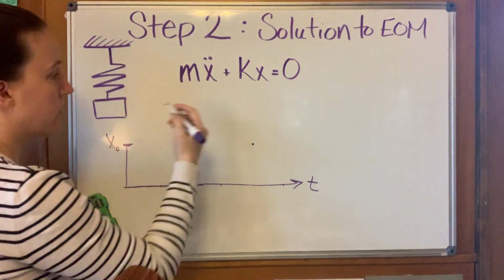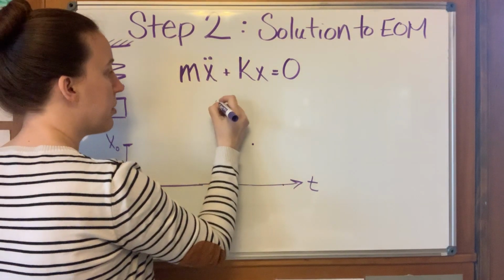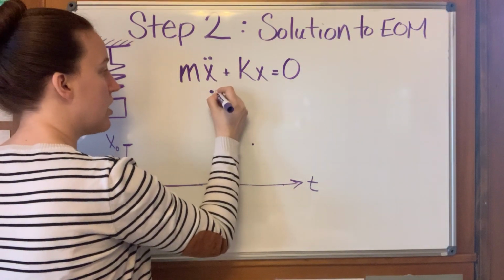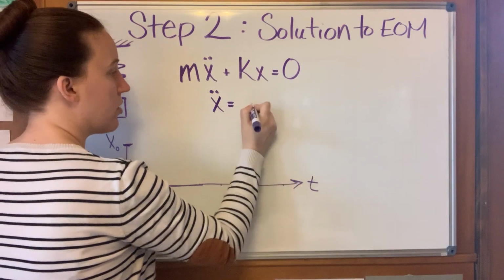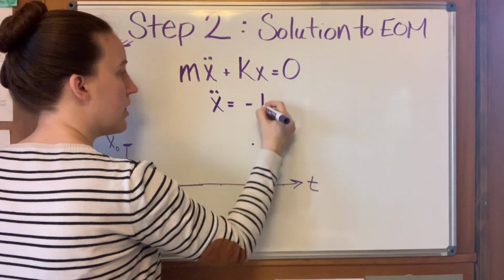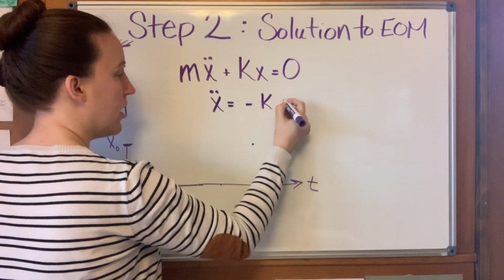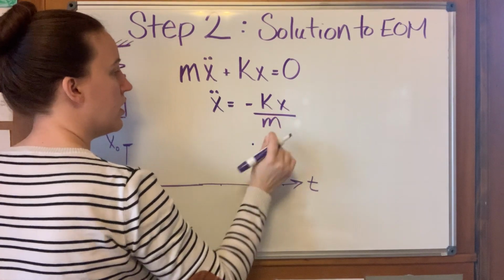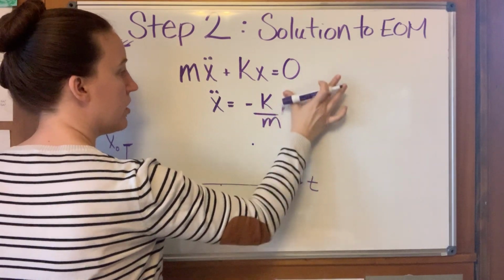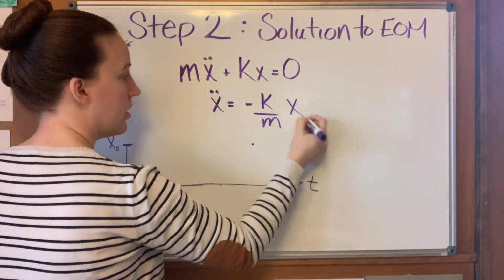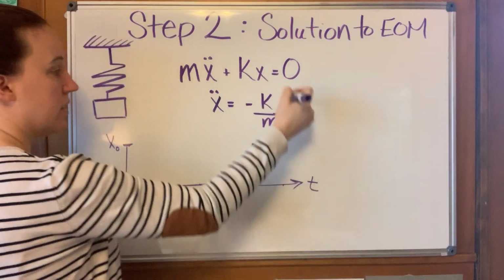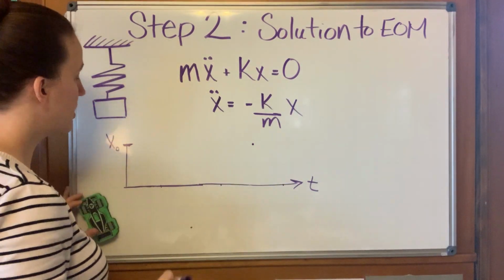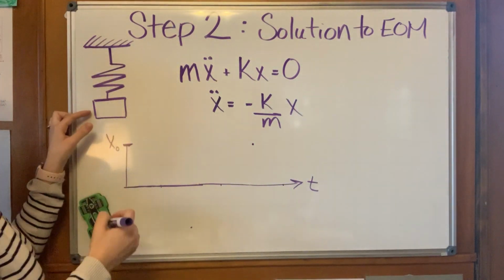So what we could also say here is that this is the type of problem for which the acceleration is going to equal negative kx over m. So the acceleration is proportional to the position with some proportionality constant that's going to be negative k over m. So if we start with imagining our spring mass system like this,